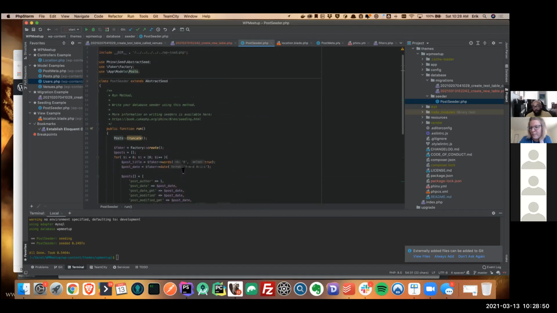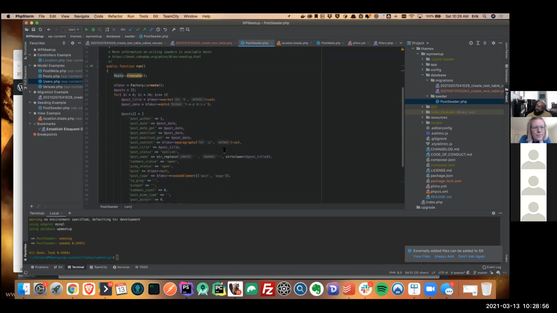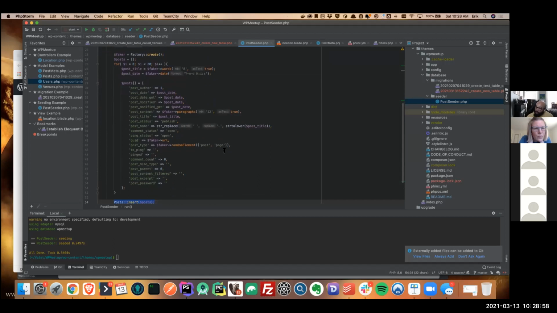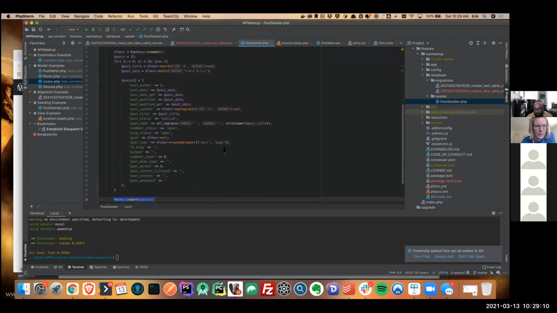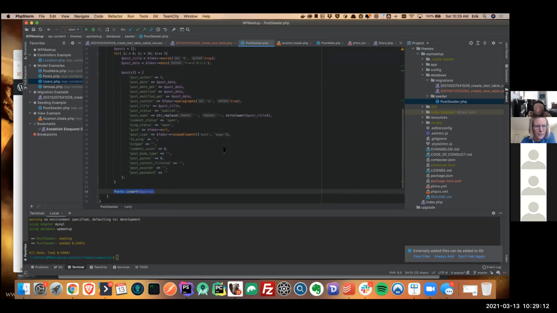So before I go into models, did anybody have any questions about the Cedar Phinx? I know that was a lot and it's kind of technical, but my question is, okay, this is the first time I'm coming across Phinx. I really don't know what it does. I know this was something for WordPress, right?